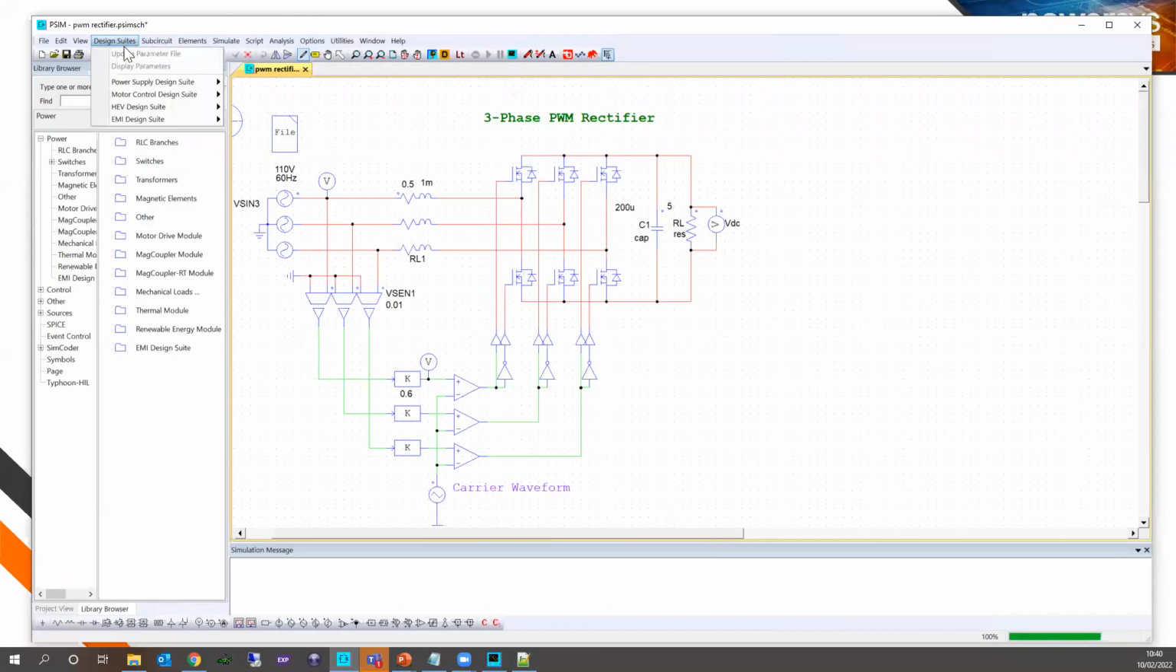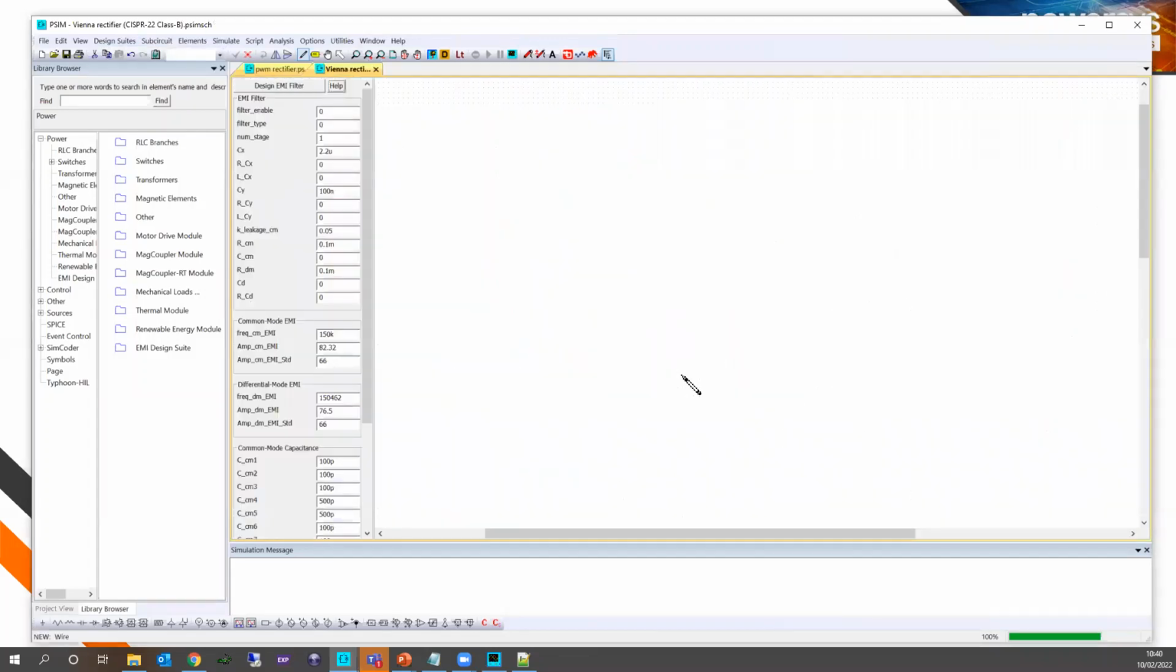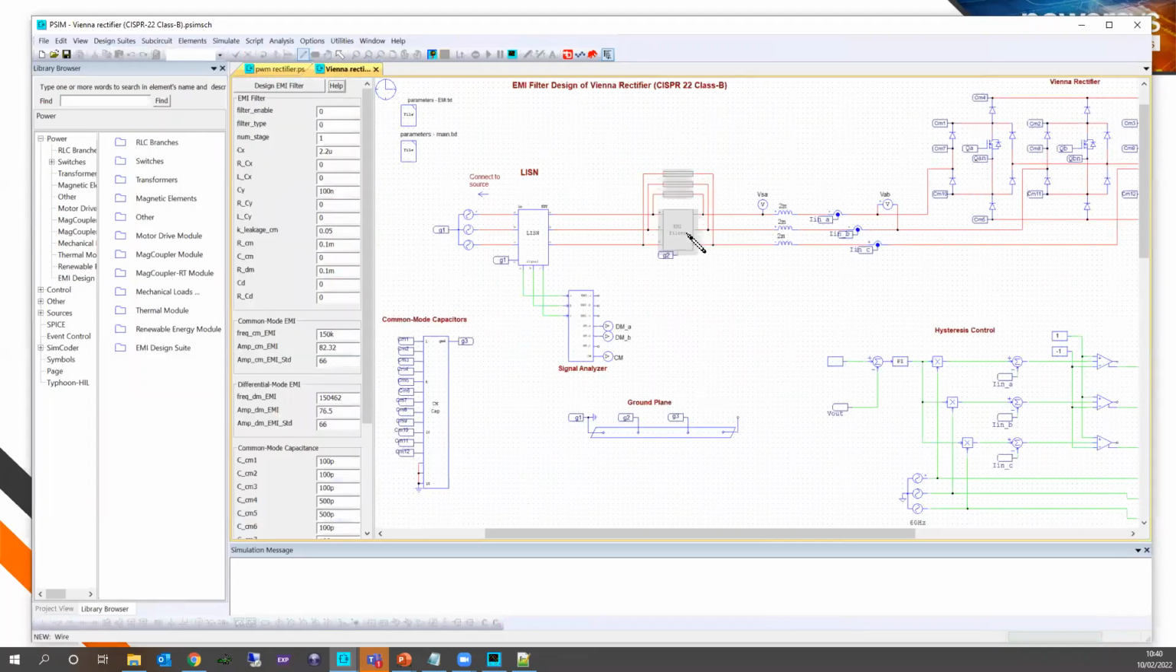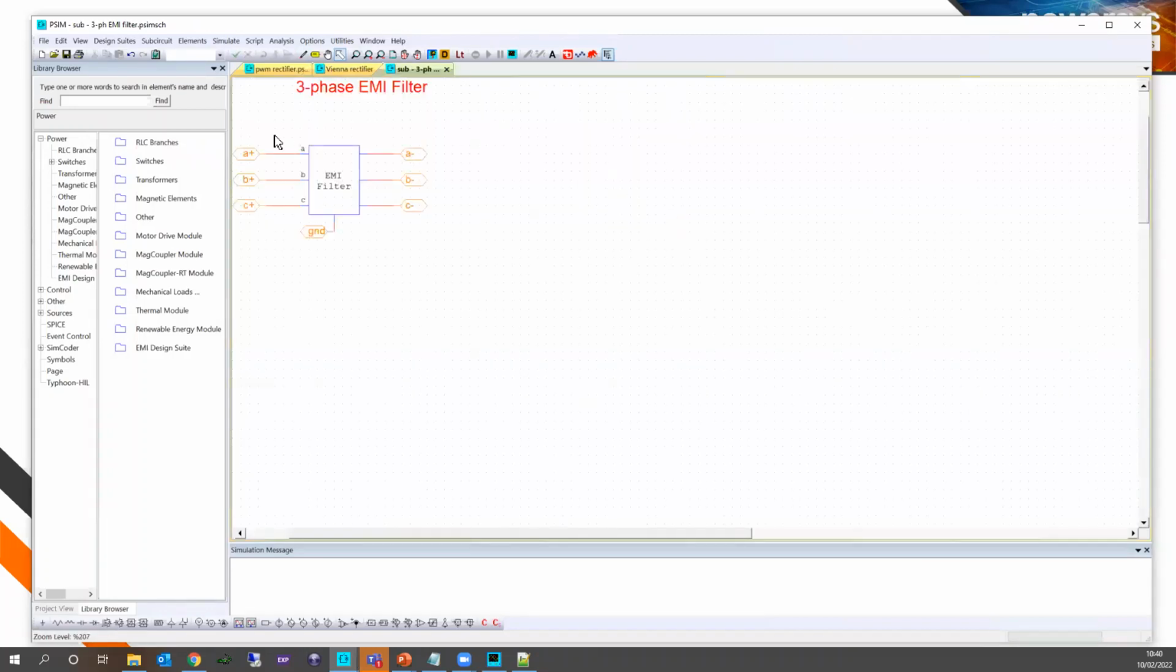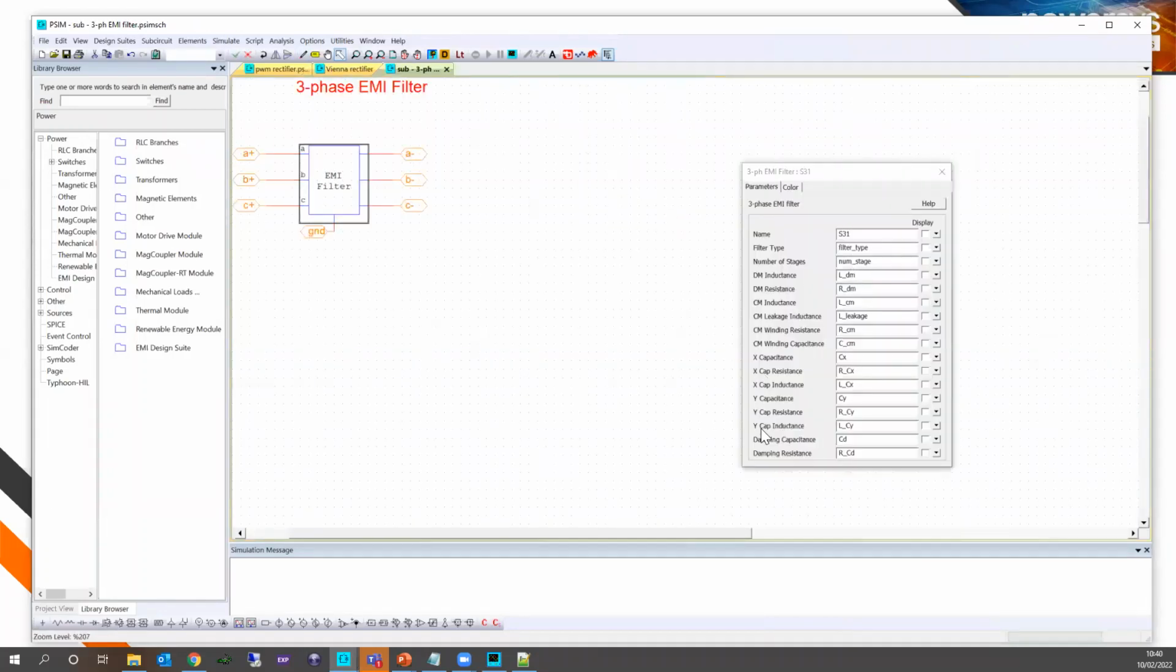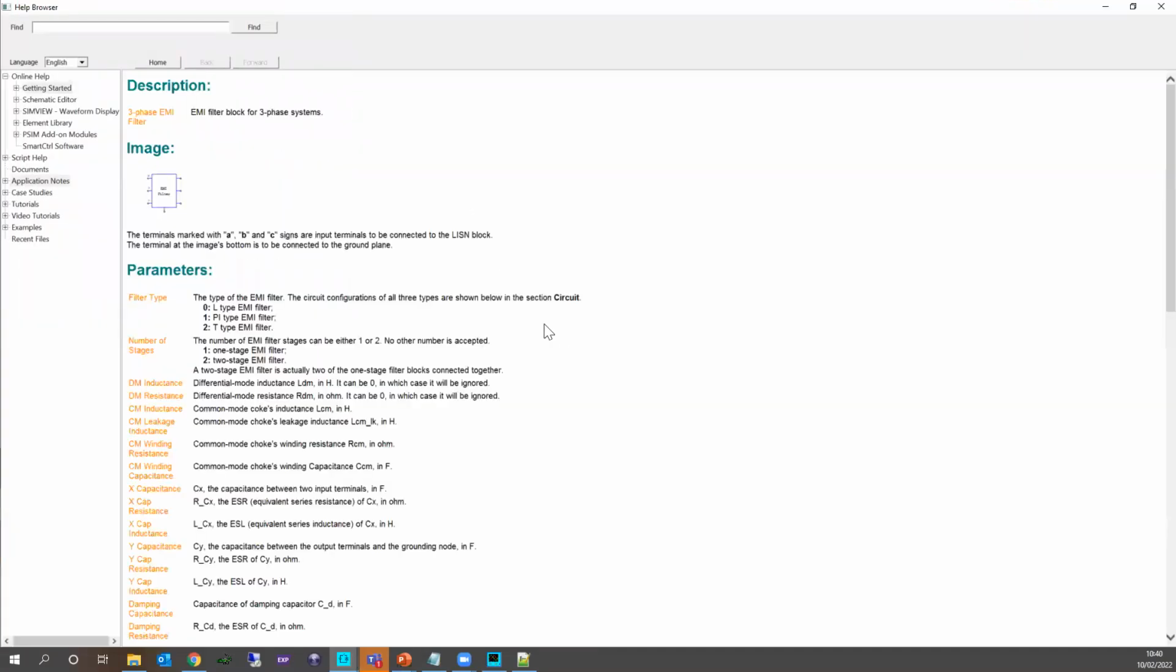So this is into the design suite. You have to go in EMI directly. You can check the Vienna rectifier here. You have to unpack it like this. And here you can see the three-phase system LISN, three-phase filters, different ground plane, and all the parameters inside the filters, as you can see here. Okay, with the damping, as I told you, the ESR, ESL, basically here,